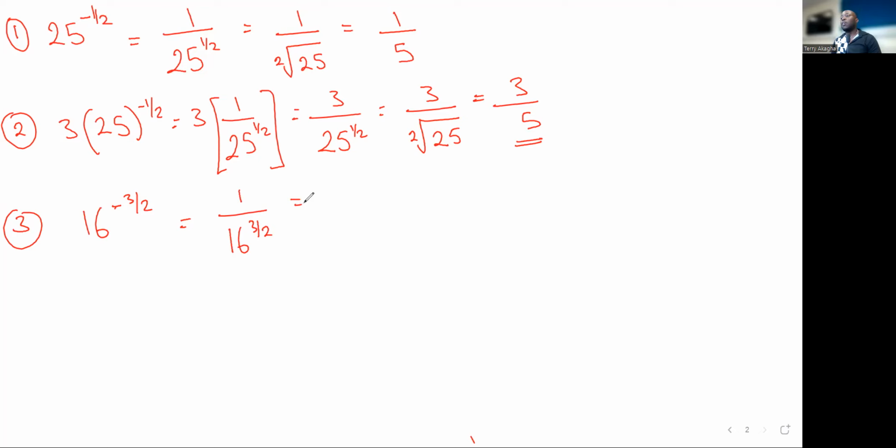If you want to apply law 7 like we did, it's going to be 1 over the square root of 16, all raised to the power of 3, to give us an answer. Or if I want to apply law 5, I can say this is the same thing as saying